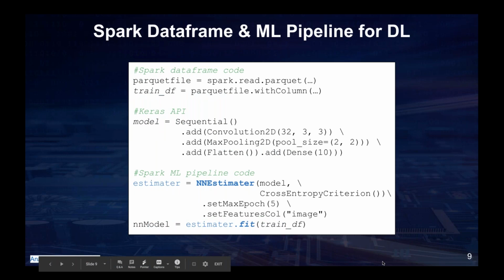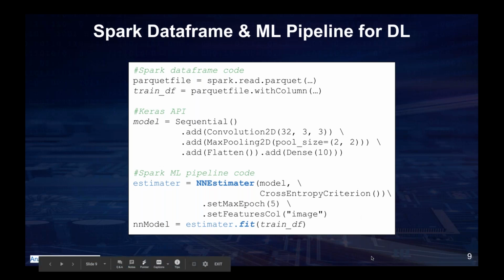And Analytics Zoo also provides Spark Dataframe and machine learning pipeline support for deep learning. We create compatible machine learning pipeline APIs, as you can see in this code snippet. We create the estimator, which is compatible with the MLlib pipeline.